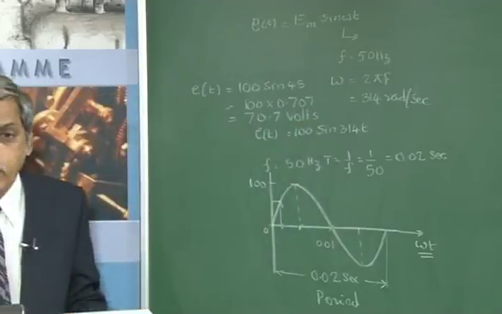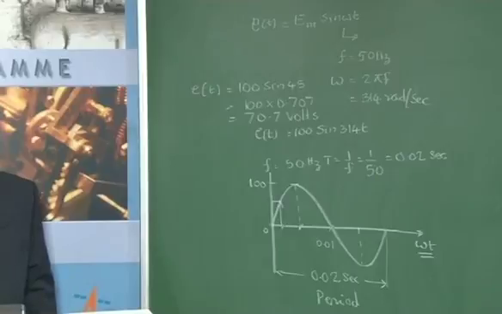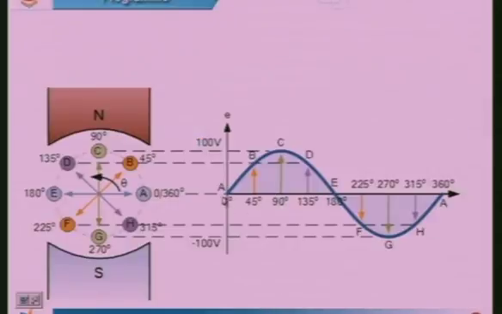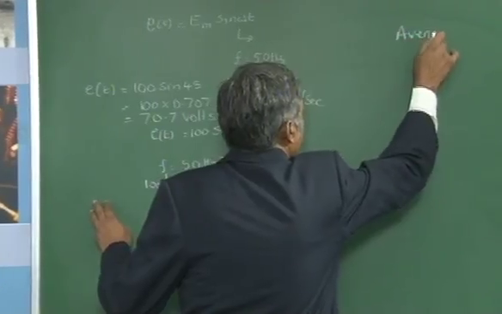When omega t is equal to 90 degrees, sin 90 is 1, therefore I will be getting a maximum value of 100 volts. Like this, when omega t is 135 degrees, again the voltage will come down to 70.7 volts. In the negative half cycle, similar values of the voltages I can obtain in this phasor diagram or in this waveform. Now, you can see here, if I define an average value of a sinusoidal quantity,